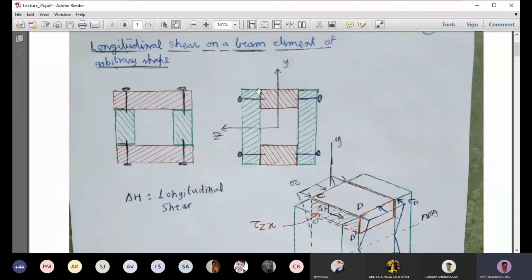Suppose we have a beam made of planks. But the contact portion, unlike the previous case where it is horizontal, here we have a vertical contact between this left beam and the mid beam. For this case, how do we apply the formula? How do we find the shear transferred by these nails?